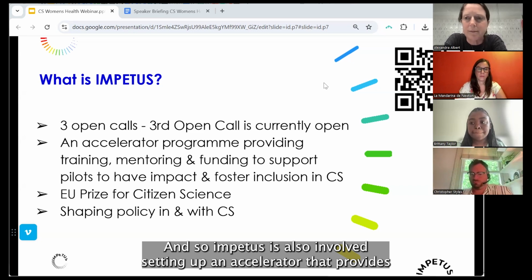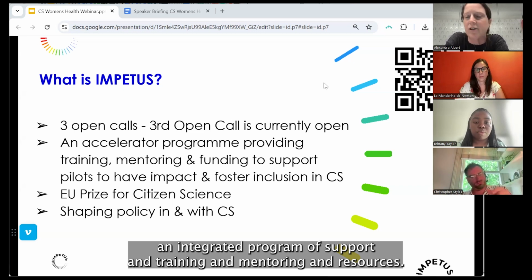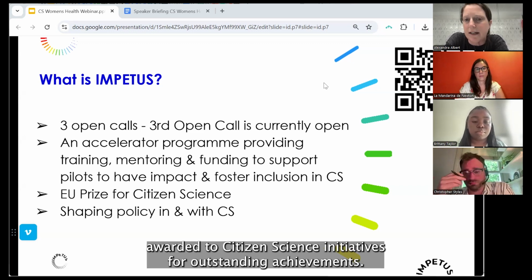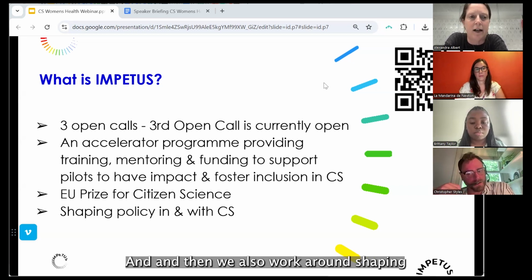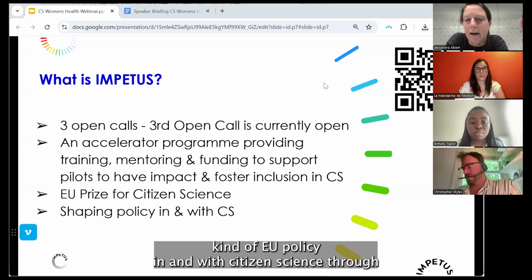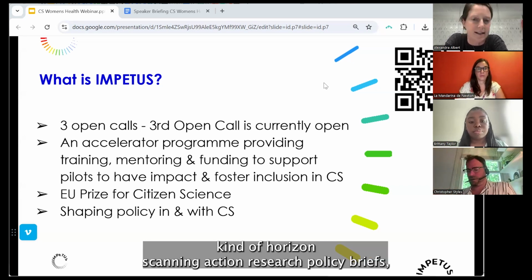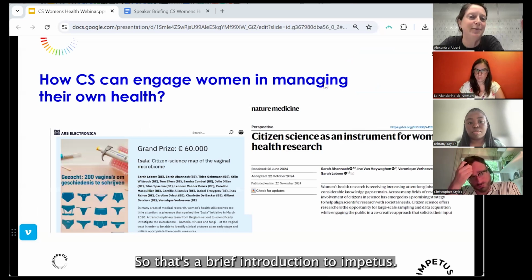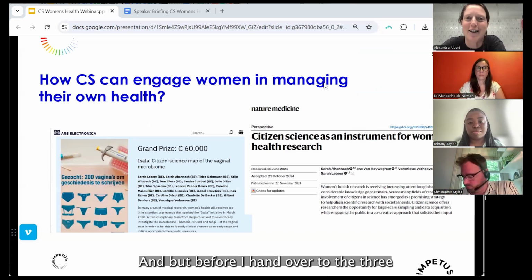So Impetus is also involved in setting up an accelerator that provides an integrated program of support and training and mentoring and resources. We also launched the European Union's Prize for Citizen Science, awarded to citizen science initiatives for outstanding achievements. And then we also work around shaping EU policy in and with citizen science through horizon scanning, action research, policy briefs, these webinars, and also workshops with key policy stakeholders. So that's a brief introduction to Impetus. But before I hand over to the 3 initiatives